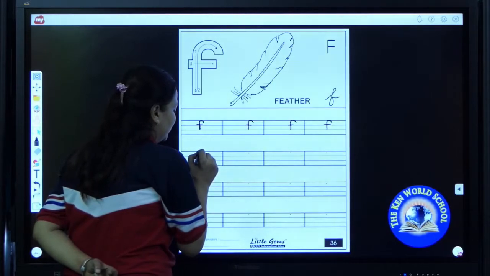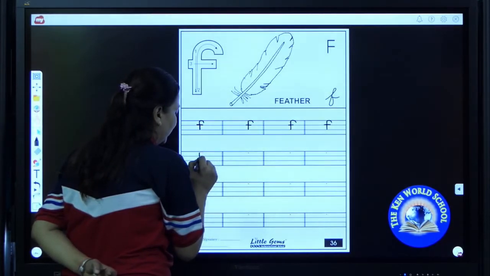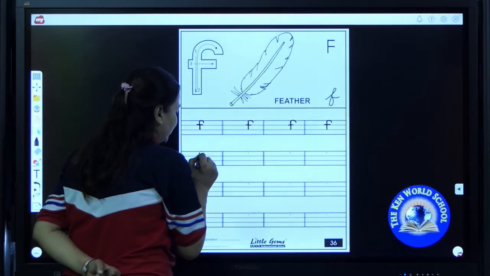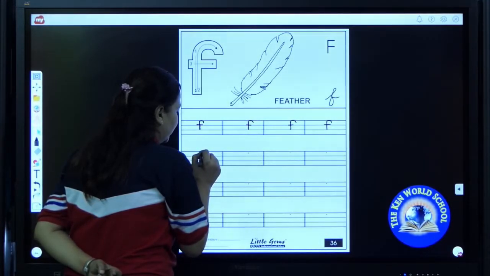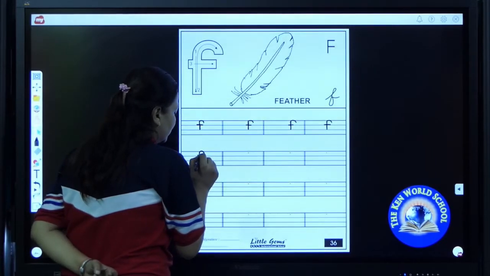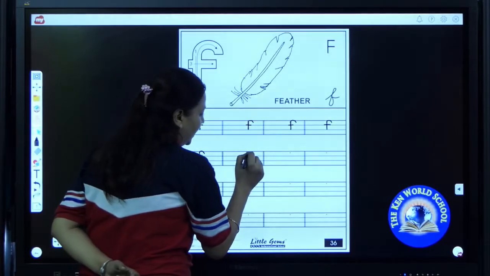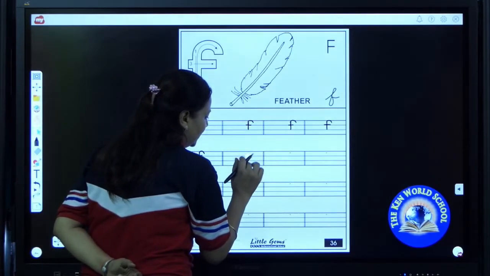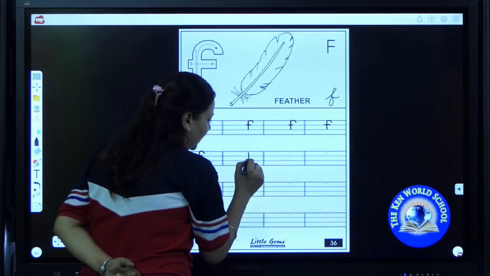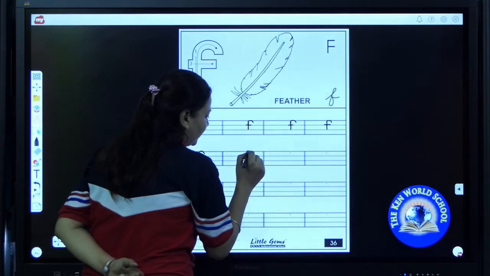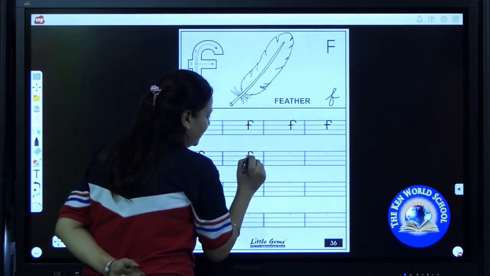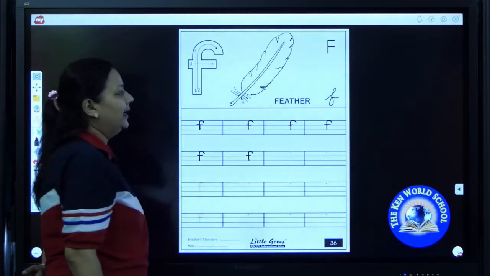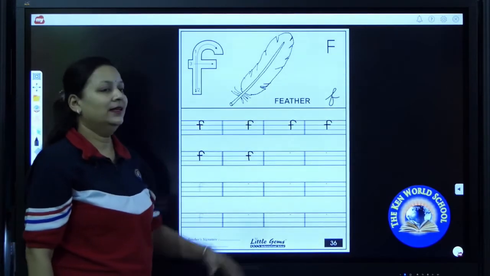Put your pencil between the top line and middle line. Draw a standing line till base line. Now go back up till top line. Turn towards right. Draw a sleeping line. F. F says F, F as in feather.